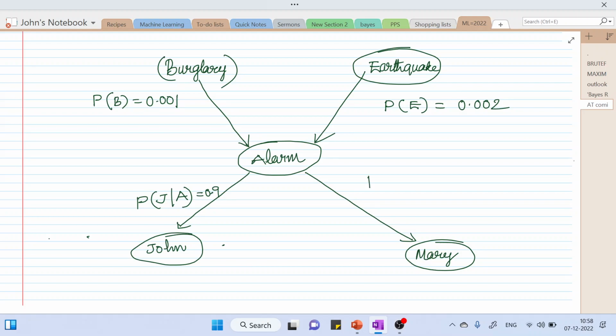The probability that Mary calls given the alarm is 0.7. And the probability that the alarm rings, when the alarm rings,